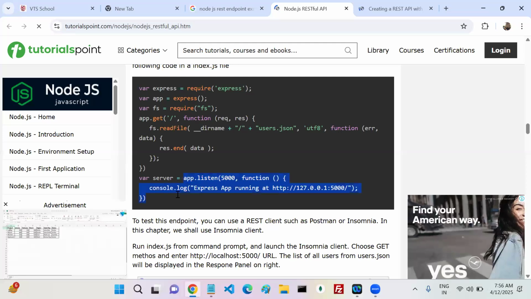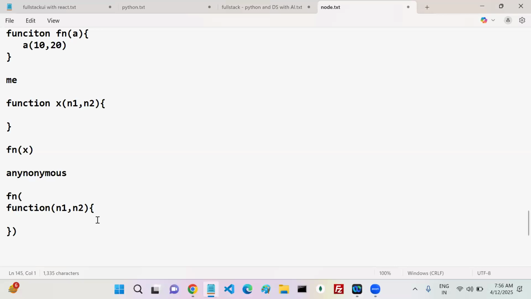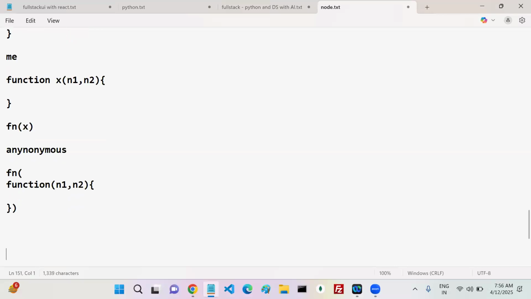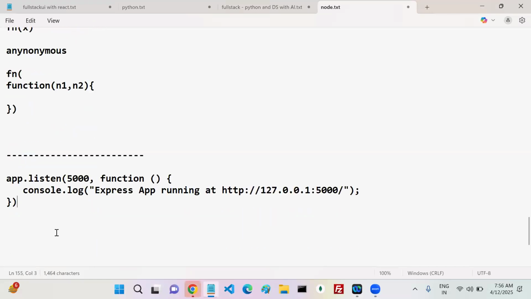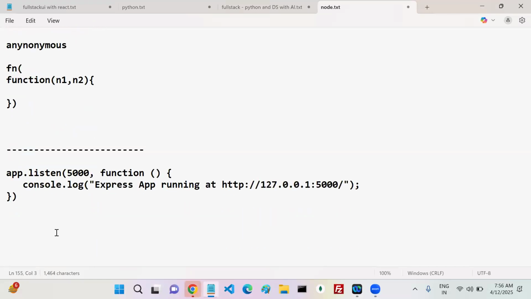Now this one only can take it. Can I copy this? Now, can anyone explain this code snippet to me?